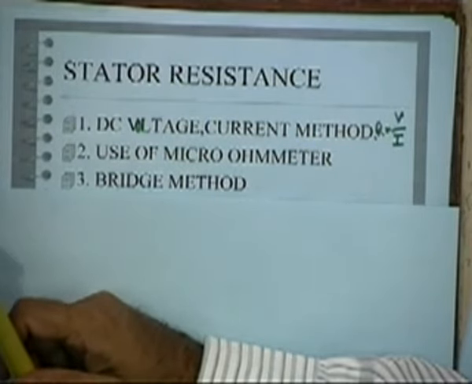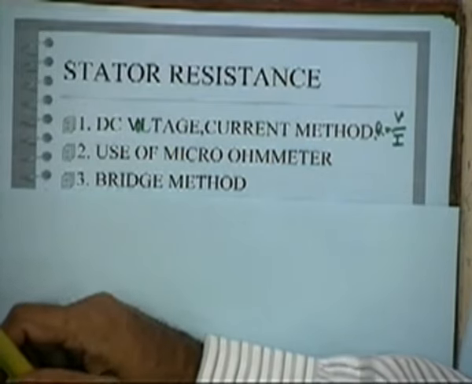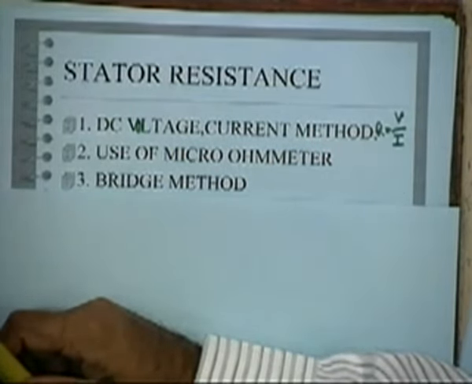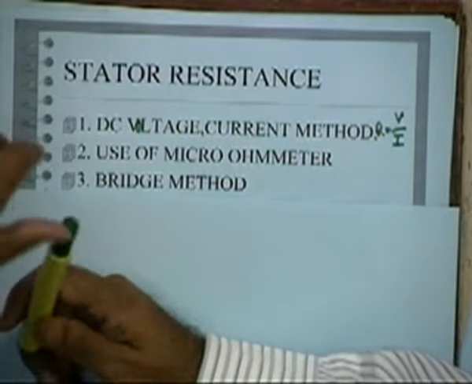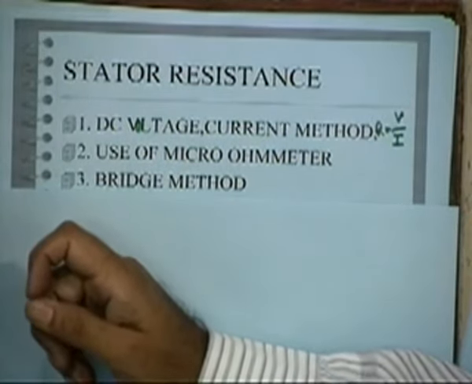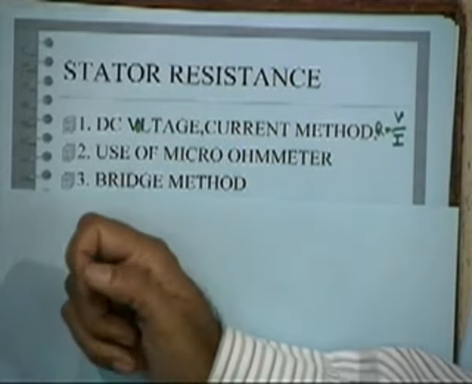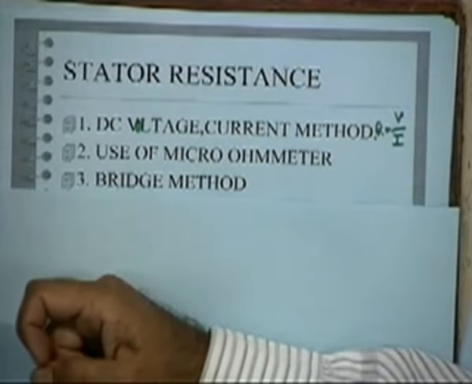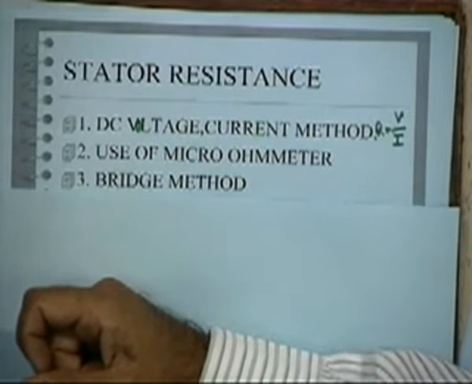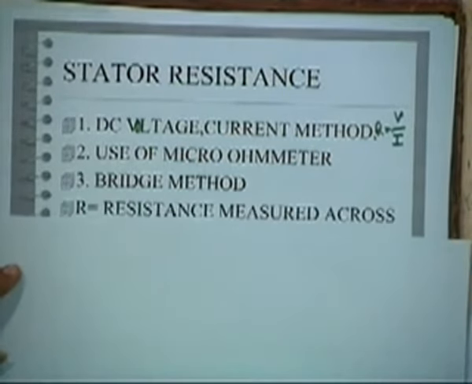Now the Kelvin double bridge is one of the standard bridges used for low resistance. It is a very low resistance. You are talking of a few 0.1 ohms, 0.2 ohms, like that, so it must be accurate. The resistance of the winding would be comparable with the resistance of the lead, right? Your lead is also low resistance and the windings are low resistance. So accuracy will be affected by how long a lead you are using and the thickness of the terminals. These are all matters of practical concern.